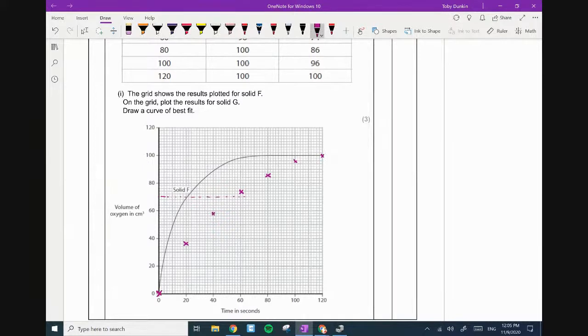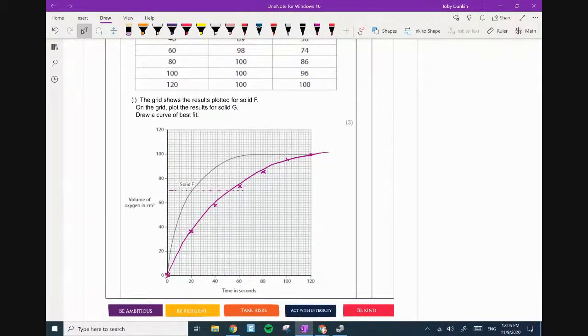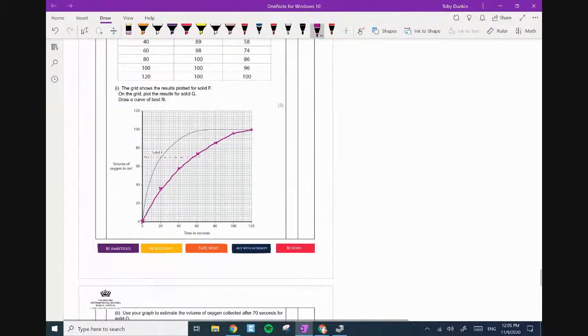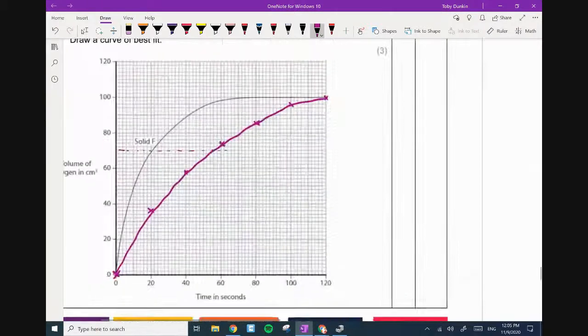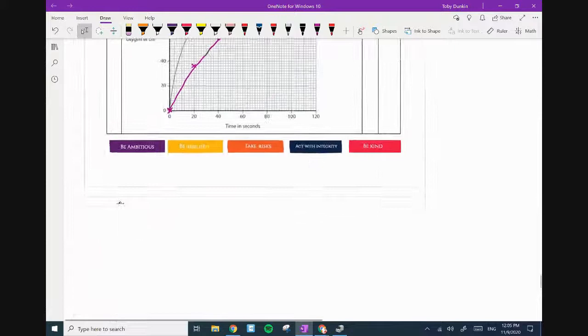Right, so then you had to draw your line of best fit. There we go. So that was your line of best fit. There's 3 marks there, guys, which is great. 2 marks for all the plots being correct, and I think all of you scored that, which was great. All of you scored all 3.